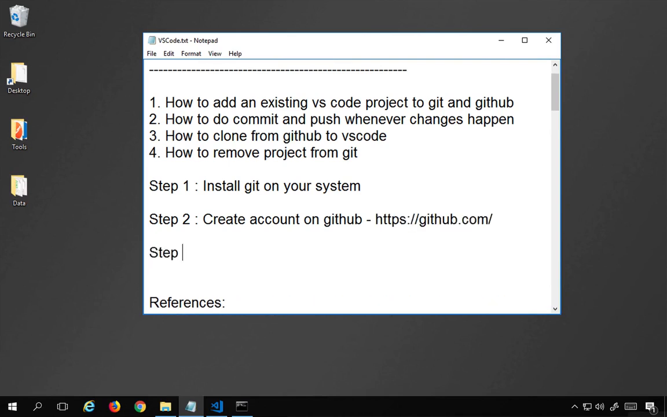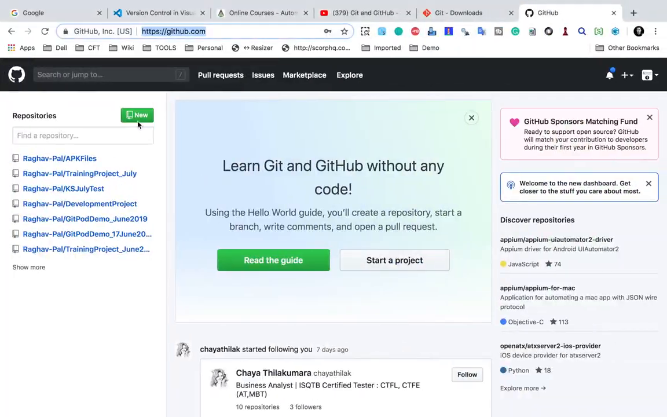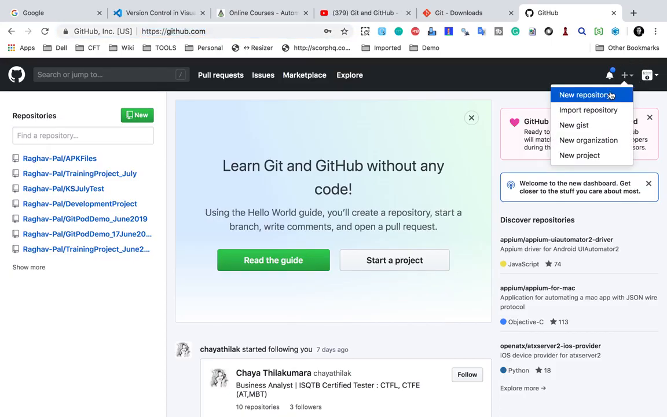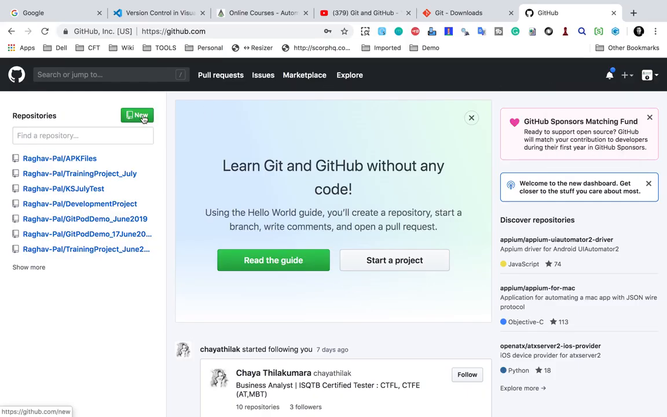And then step number 3 will be create a repository on GitHub. So you can just create a new repository, and here you can click on this new button, or you can go to this plus drop down and select new repository from here. So I'm just going to click on this new button,